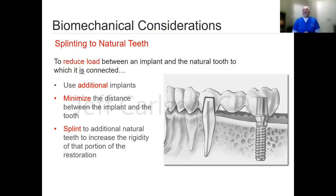Mainly in the early to mid 90s, we used to do a lot of these. We would do a telescopic crown on here, sometimes put a stress breaker in here. I probably did more stress breakers than telescopic crowns. But the thing is, what you have here is a cantilever all the way coming from here,